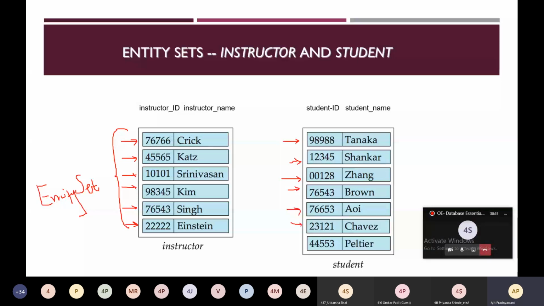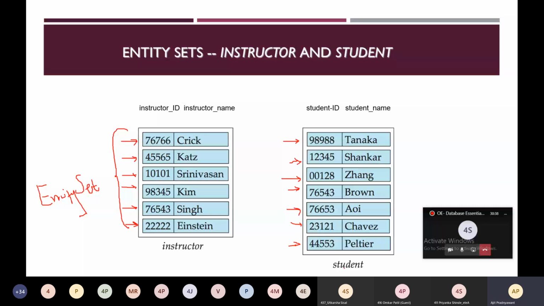That's why it is called an entity set. This is an example of entity sets. Now, by looking at this diagram, we will understand what is meant by entity and what is meant by entity set.